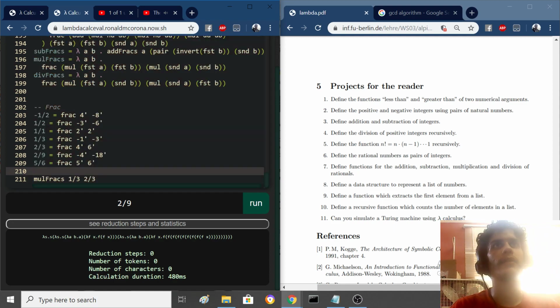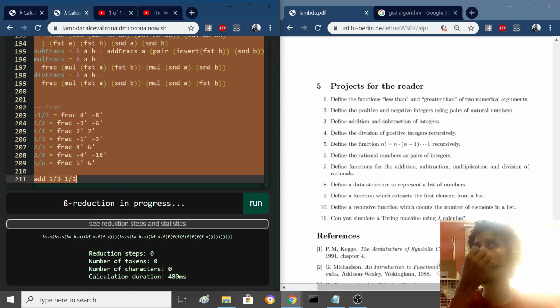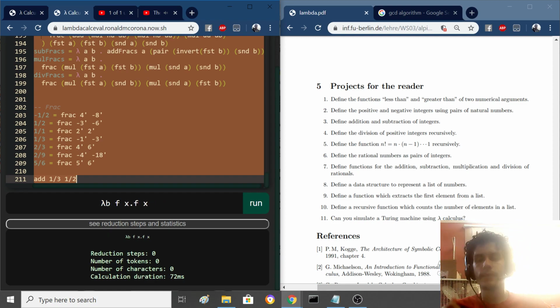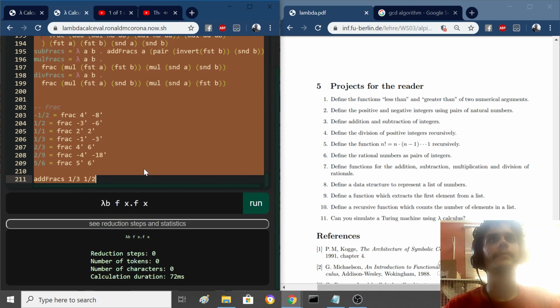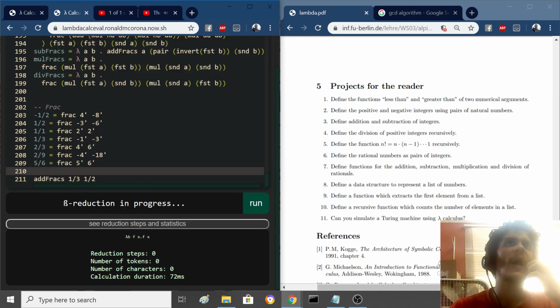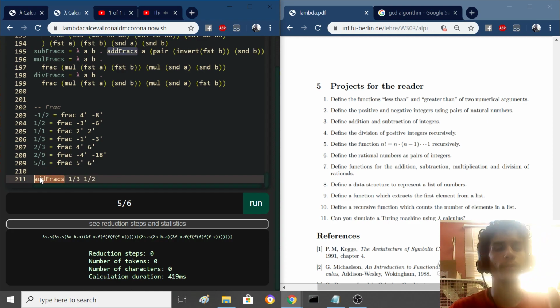Oh, another thing I never did is I never added 1/3 and 1 1/2 to get 5/6. So I might have put the wrong thing. I put add, this is going to give me total garbage. So add fracs, and that will be 5/6. Okay. So yes, mult fracs,